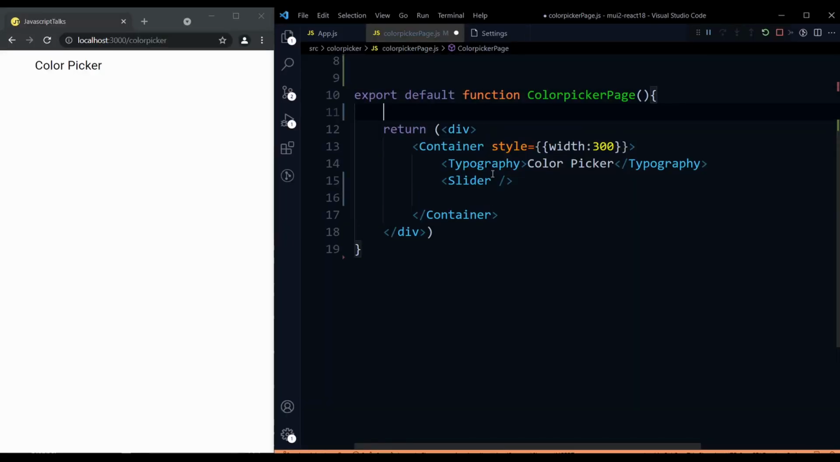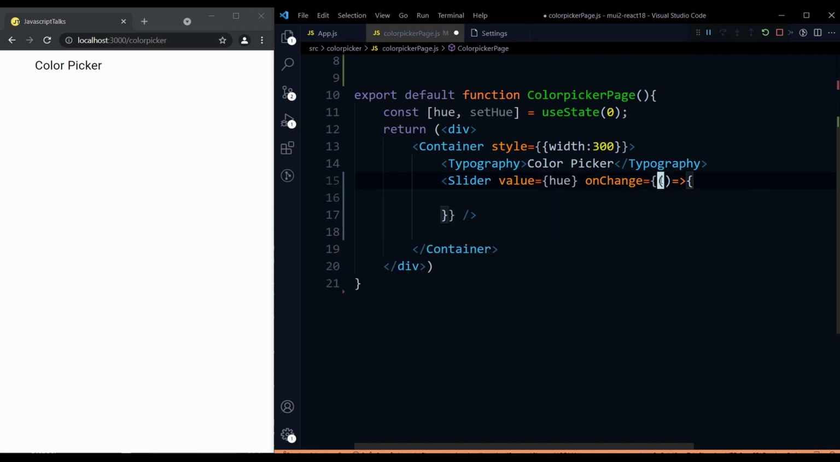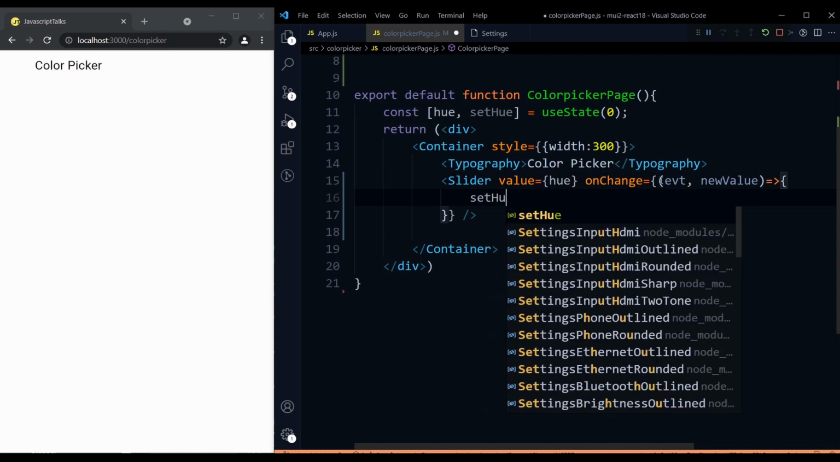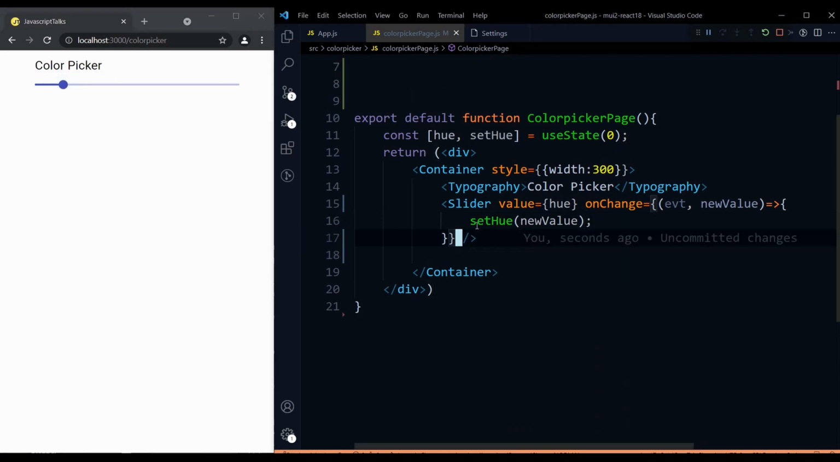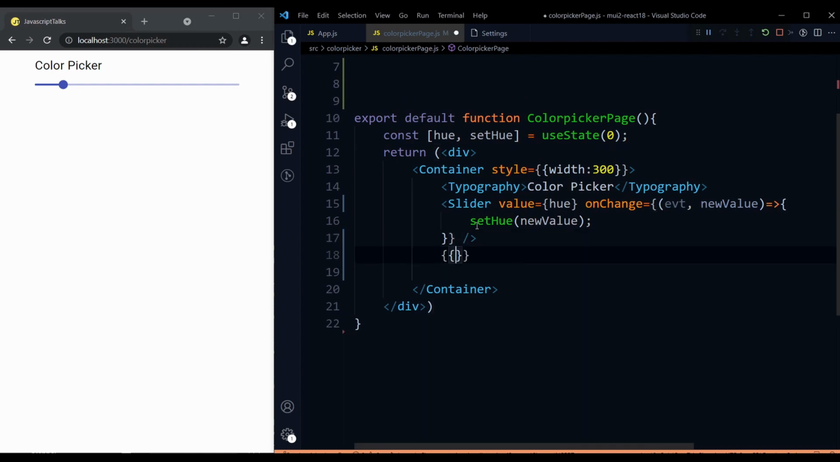Alright, so I need one state to store the hue, then setHue, initialized with maybe 0. So in this slider I'm going to add the value as the hue value, and on change I'm going to get the changed value. I think the first parameter is event and the second one is the new value. So I can set the hue with the new value. Let's see if the slider is working or not. Yeah, slider is there. And what about the value that I'm setting? If I print hue,